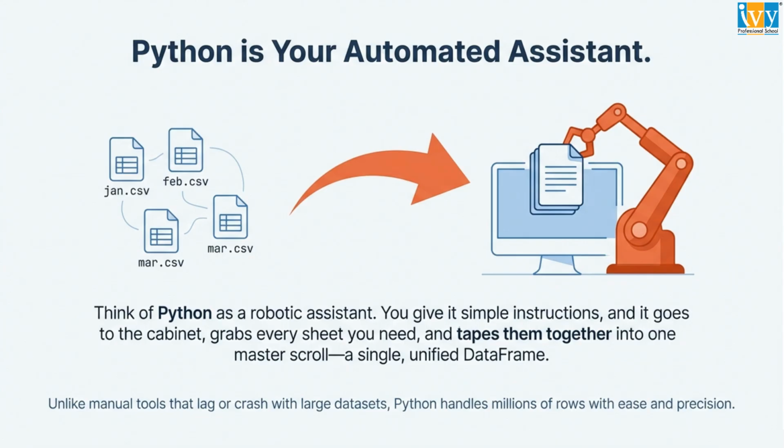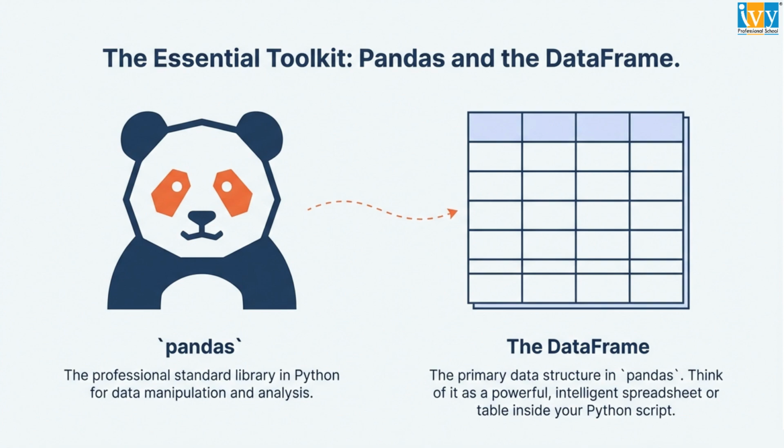Think of Python as your robotic assistant. It follows simple instructions to grab all necessary files and unify them into a single data frame. Unlike manual tools, Python handles millions of rows with ease and precision. The essential toolkit for data manipulation is Pandas, the professional standard library in Python. The primary data structure in Pandas is the data frame, which is like a powerful, intelligent spreadsheet inside your Python